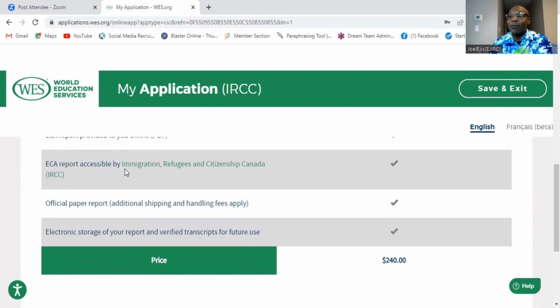ECA report accessible. Once they've done that, they download your report into the IRCC database so that once you make an application, they do not need to meet you again. They just check the database because your evaluation has already been done. And they look at your name and surname and date of birth, and they marry it with what is there. That is it. Then official paper report will be sent to you. If for electronic storage, that's good because subsequently, probably when you've come to Canada, you'll need another evaluation,